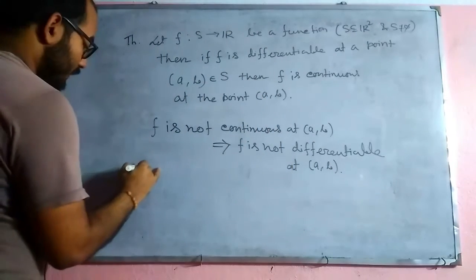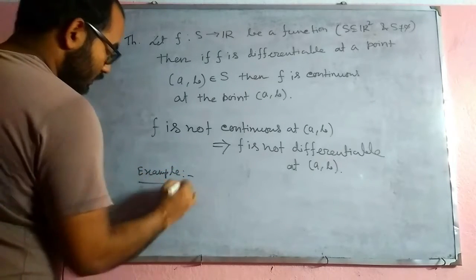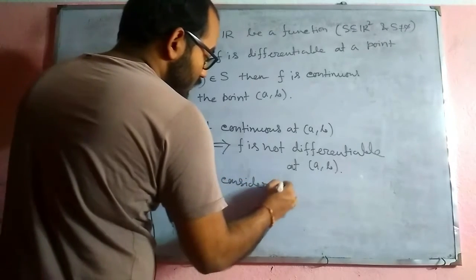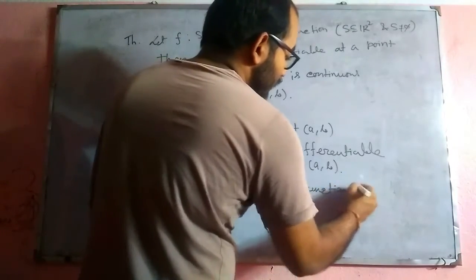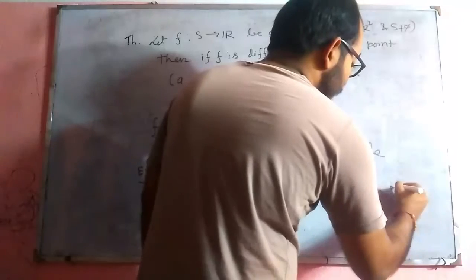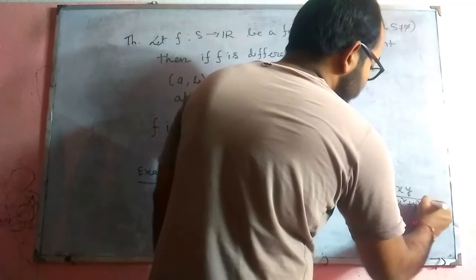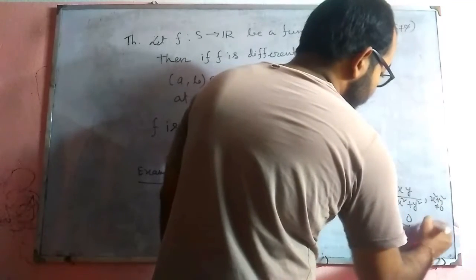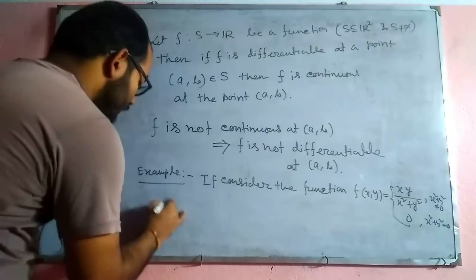For an example, if you consider the function f of xy is equal to xy by x square plus y square, when x square plus y square is not equal to 0, and 0 otherwise,